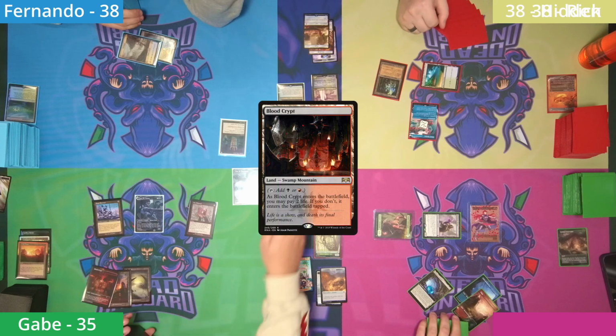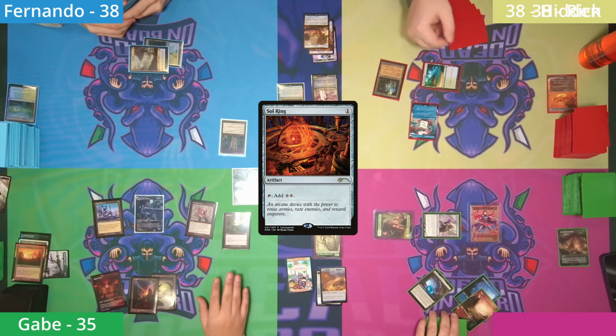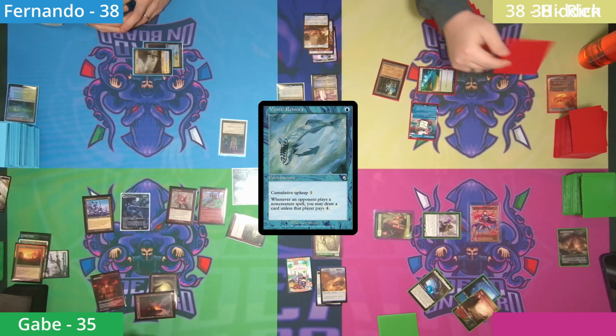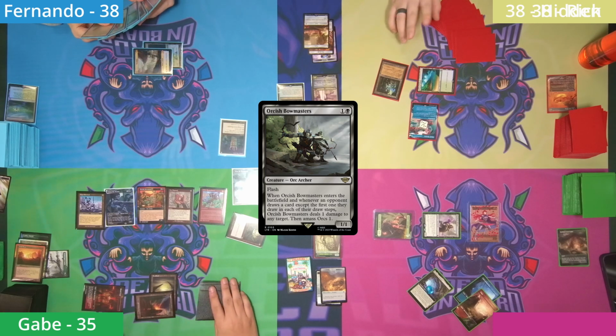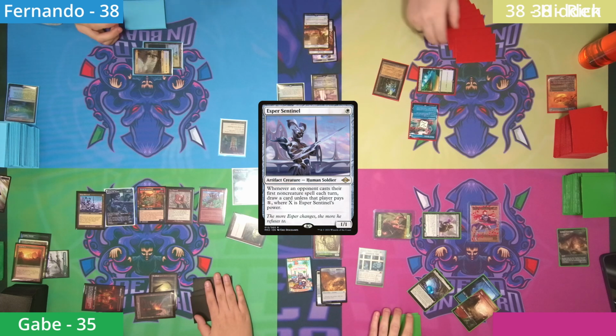Gabe shocks in a Blood Crypt and exiles an Elvish Spirit Guide to cast a Soul Ring. Hidden draws, and Gabe then follows it up with a Goblin Bombardment. Hidden draws, but the enchantment resolves, with Gabe then casting an Orcish Bowmasters. But this is his third spell, as Rick then casts a Mindbreak Trap to exile it, with Hidden and Gabe